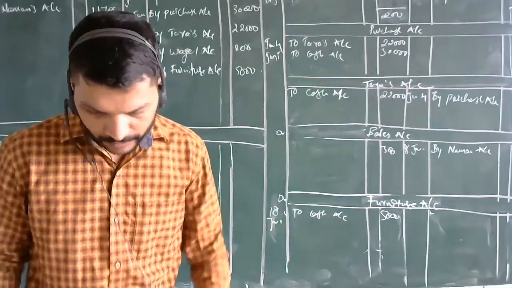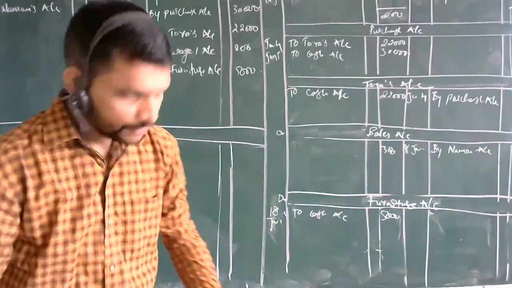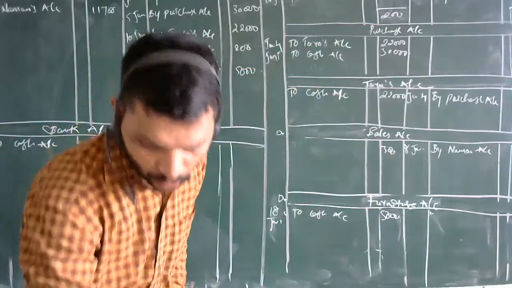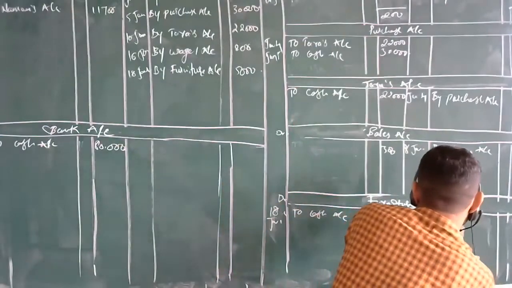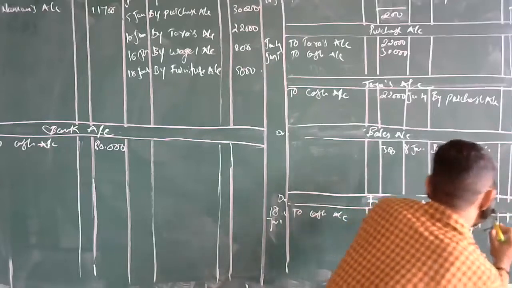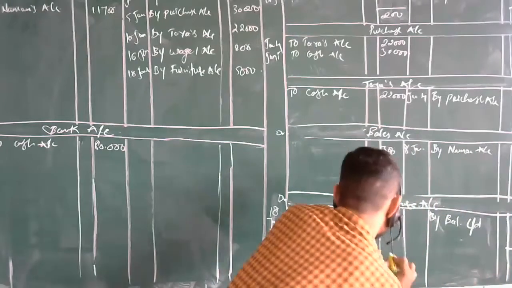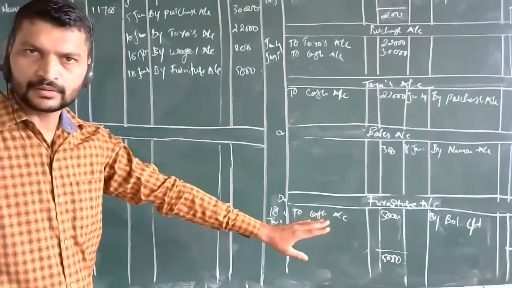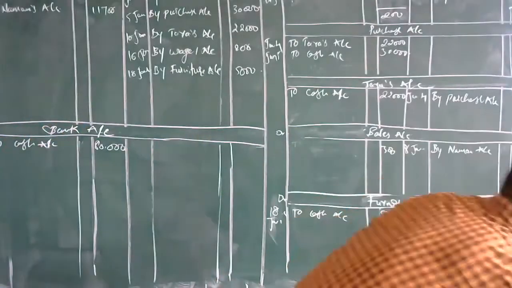Check whether this account is single or you are having any different entry over there. Even this account is single only, so even you can close just like this. Now this account has no other effect, no other transaction is taken for it, so it will be just like by balance carried down. So even this got over. How much is it? 5,000. Close the account 5,000 and close this account 5,000. Got the things? Even this account got completed. Do you have any doubts over here? No, sir. No doubts? Okay.